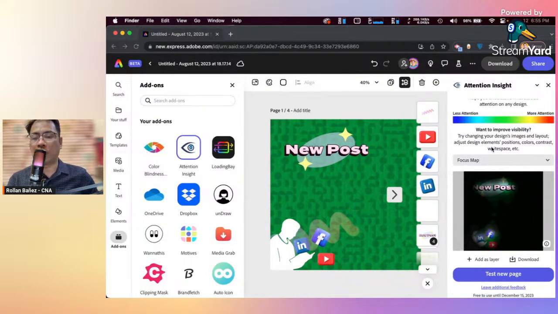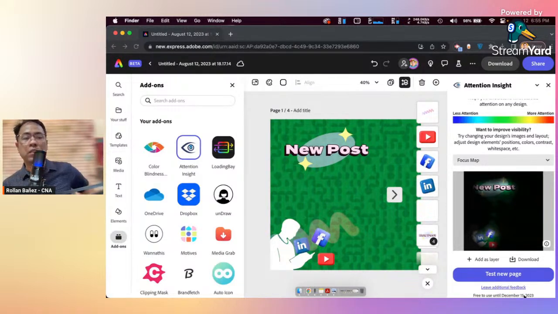I would highly encourage you to check on this. You can leave additional feedback for this, and this is free to use until December 15 of 2023. So if you have designs inside of Adobe Express, this is a way for you to evaluate your designs. Okay, so that is again Attention Insight.